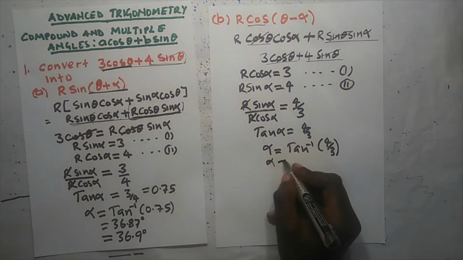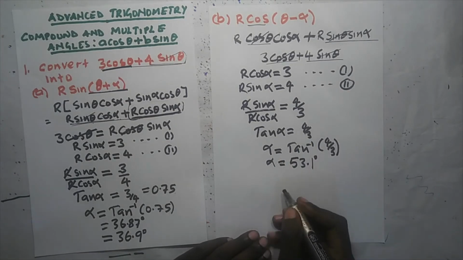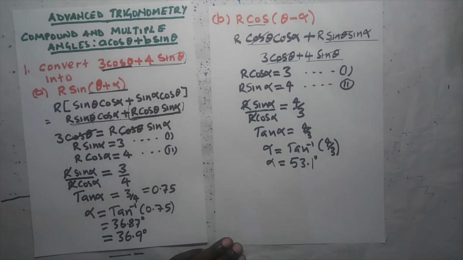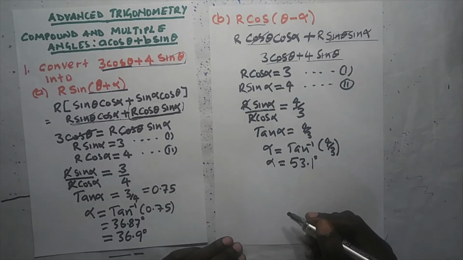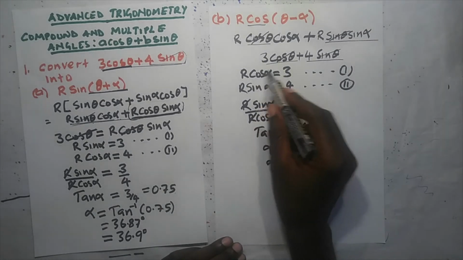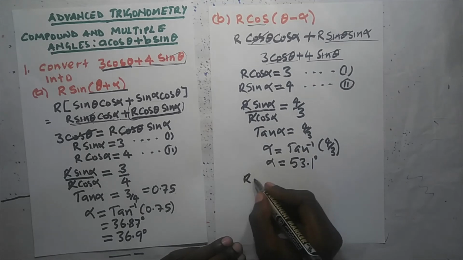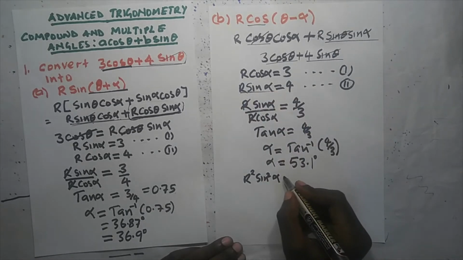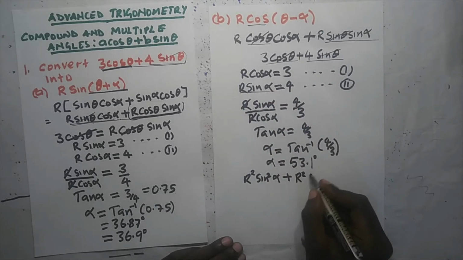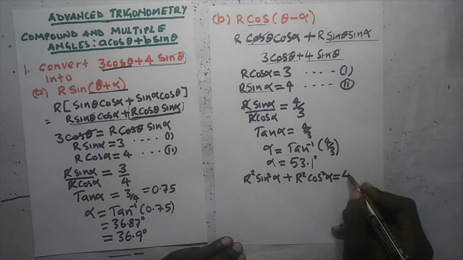53.1. So alpha will be equal to 53.1 degrees. And now we can find the value of r. We can find the value of r by squaring both of these two equations and adding them. So we are going to have r squared sine squared alpha, so we square this one, plus r squared cos squared alpha is equal to 4 squared